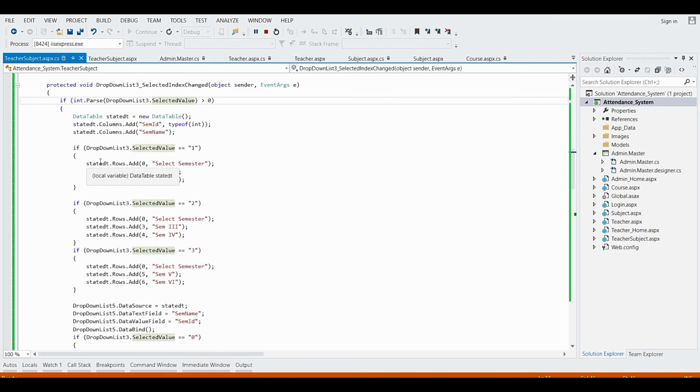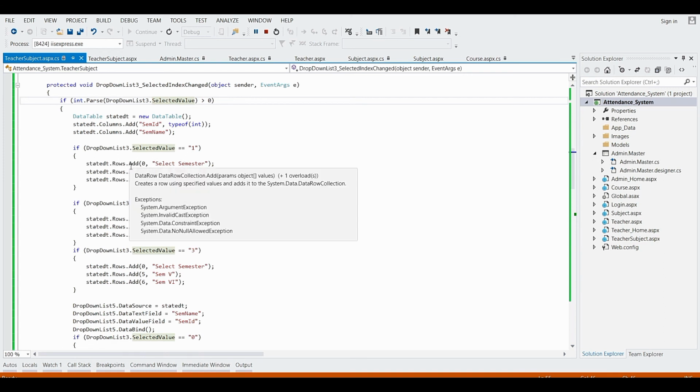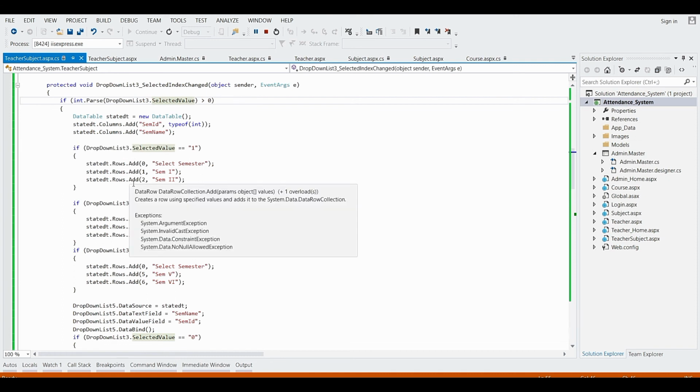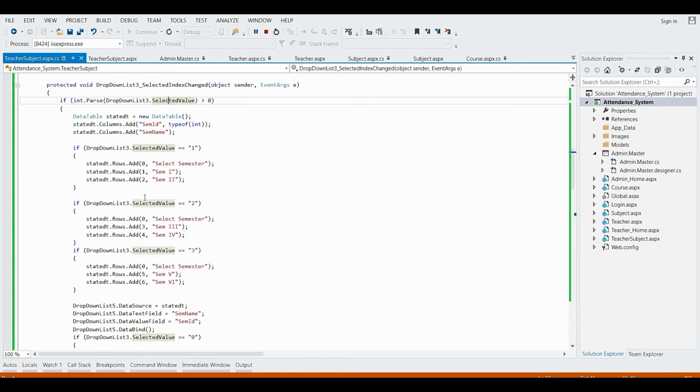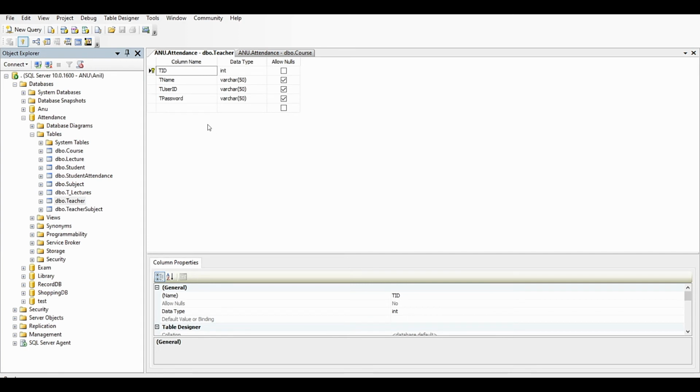Now based on the condition, if drop down list 3 dot selected value is double equal to 1, then it is going to add rows to the data table. Here a row means that we have two columns, right? You can consider this the first column and this the second column.